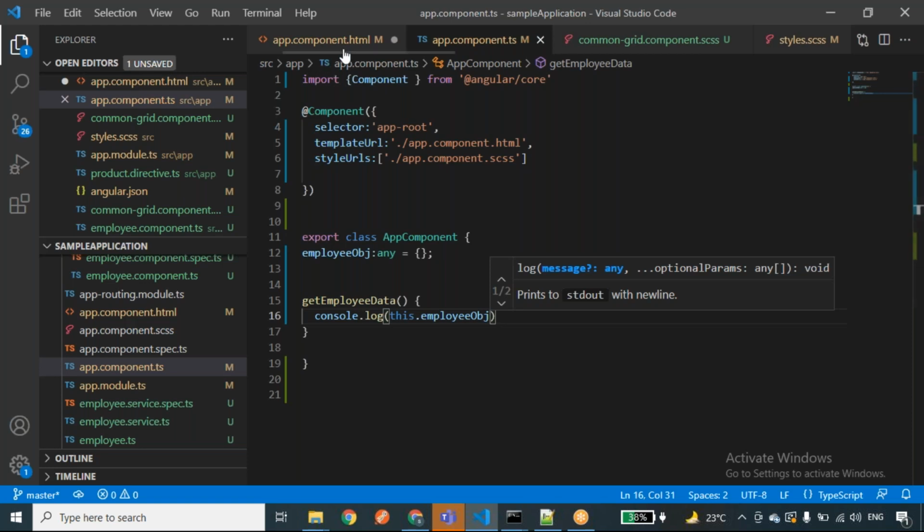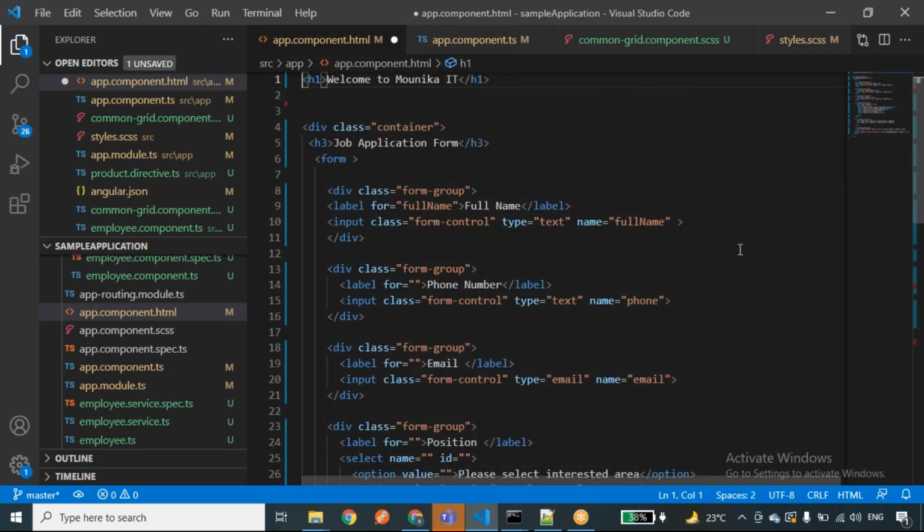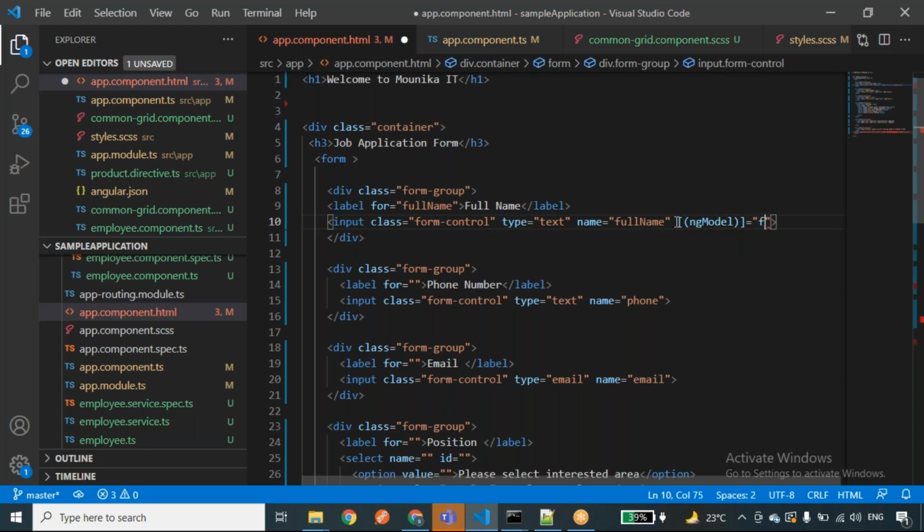If you want to read the values from these form controls, we'll be using the ngModel directive. Whenever we use template-driven forms, we use the ngModel directive. ngModel is mainly useful for two-way data binding. So I'll use ngModel for all the form fields. ngModel, I'll give its name as full name.